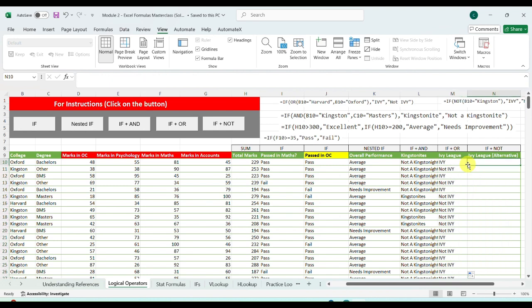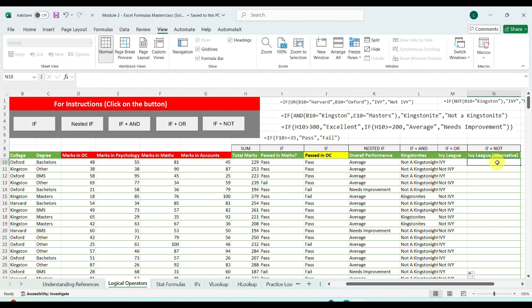And now you see if not. If it is not raining. See, if it is sunshine, see, if it is raining, or you can think of it like this: if it is very near to my house, I'll not use my car. Getting my point? If it is near to my house, I'll not use my car. This is a general query. I'm telling you to understand this. So let's use a combination of if plus not for the same Ivy League.